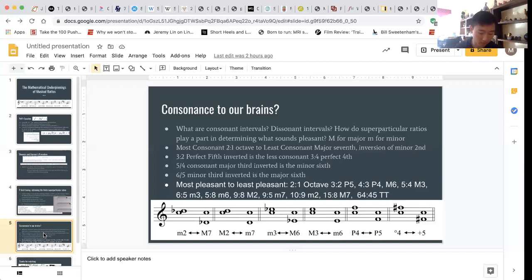And just to wrap it up, an example of stacking consonant intervals together would sound something pleasant like, and stacking dissonant intervals together, such as the tritone, would sound something like